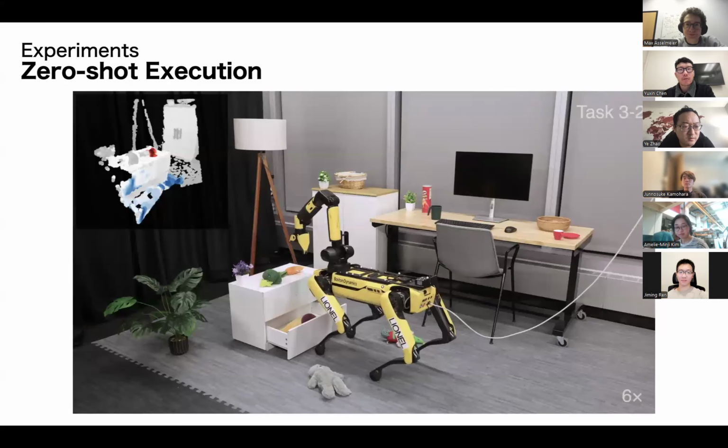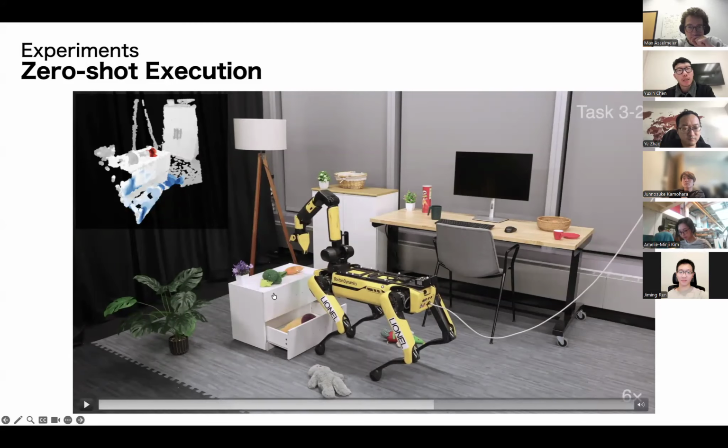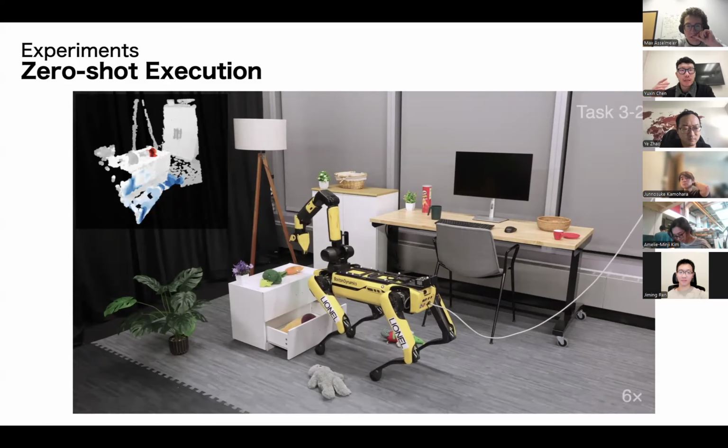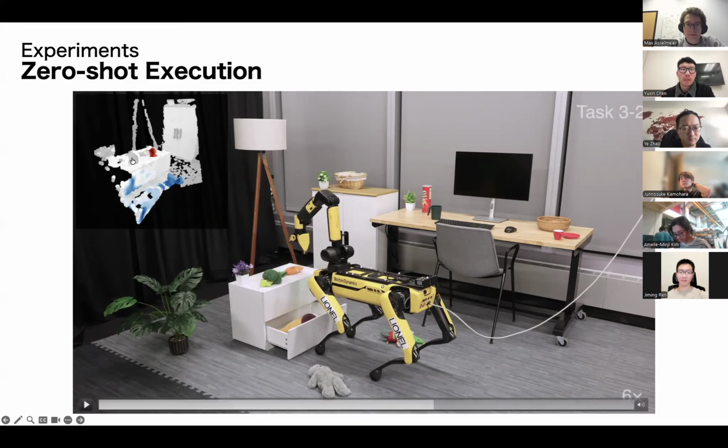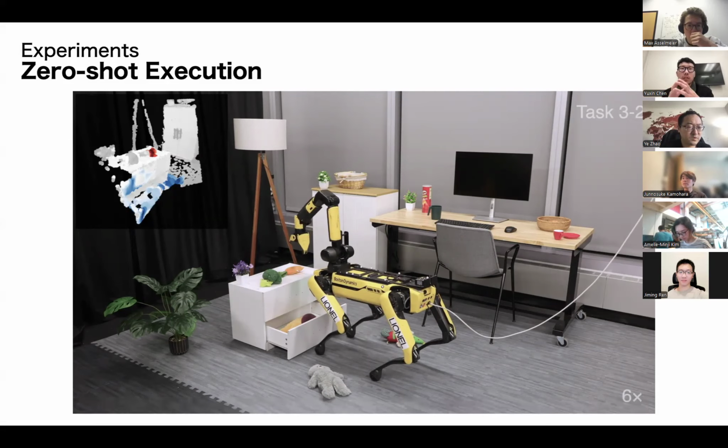So that's why, for example, during the policy training, we can train the robot to pick up, say, an orange, and then during the execution, we let the robot pick up a broccoli, which it has never seen during the training, but we can still pick up the broccoli, because for the policy input, it doesn't really care what is an orange, what is a broccoli, just a piece of point cloud with the grasping part highlighted.